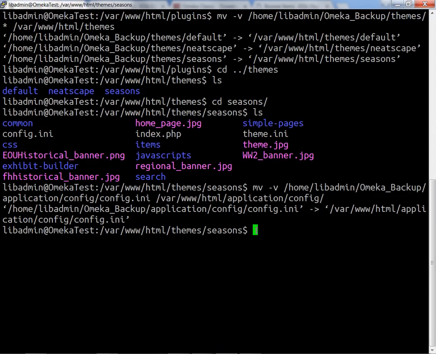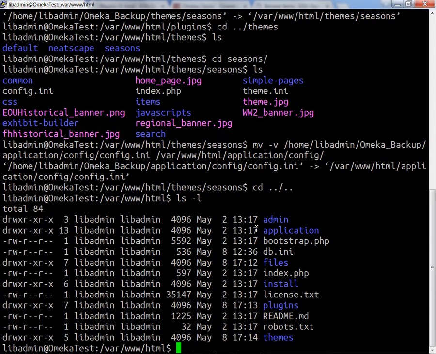I do want to point out that, if we're in our web directory, and I just want to list everything, anything that you've gone into here and did customizations in your older version, it's going to have to be redone here as well. So if you went into admin or application, you're going to have to make the same changes in those directories that you made in your old one. It's pretty unlikely that you did that, and I think it's a really good idea to keep a list of these changes you've made, whether it's in a spreadsheet or whatever. You want to keep track of any changes you make in these directories: admin, application, install, which is pretty unlikely. Any of these documents here, if you've done any customizations to those,